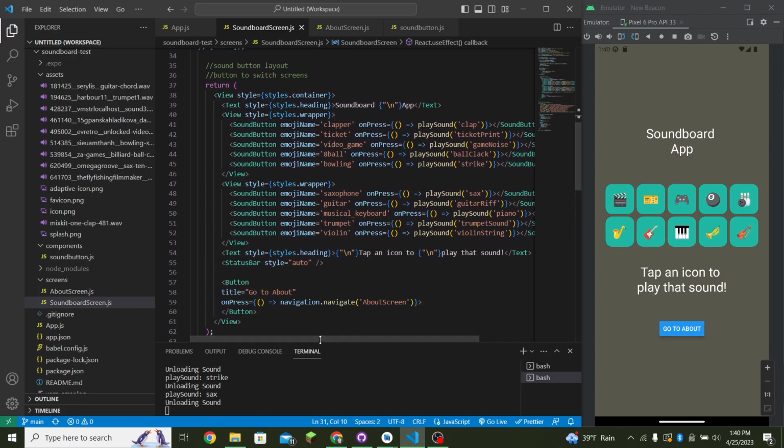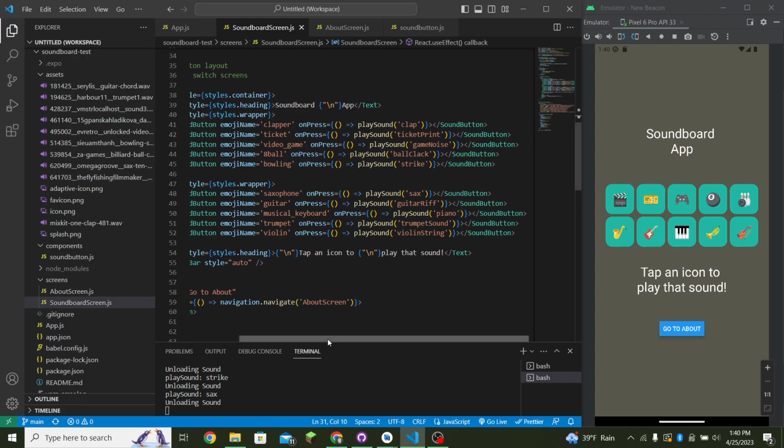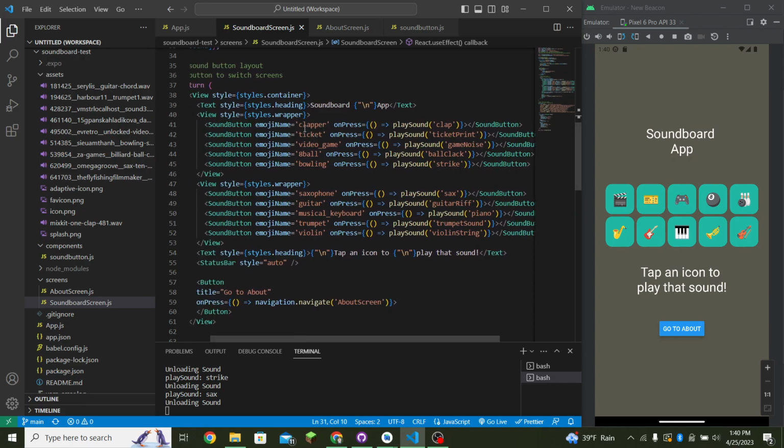Here is the main layout of the app. I use sound buttons to pass it an emoji and then to give it a sound. So for instance, the clapper movie thing right over here will play the clap sound, and so on and so forth. The guitar will play the guitar riff, violin will play the violin string,